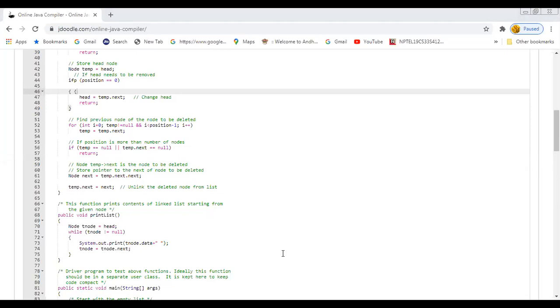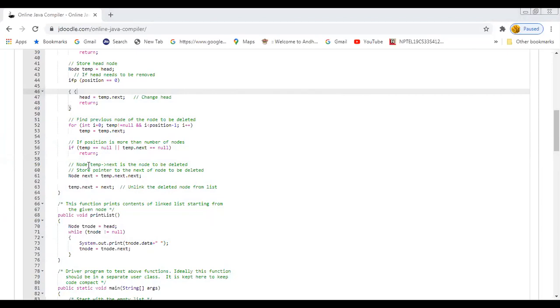Position minus 1, right? And we need to check whether the position value is greater than the number of elements present in the linked list. Suppose your list contains 5 elements and you give the position value as 6 or 7. In that case you cannot perform the deletion operation, right?